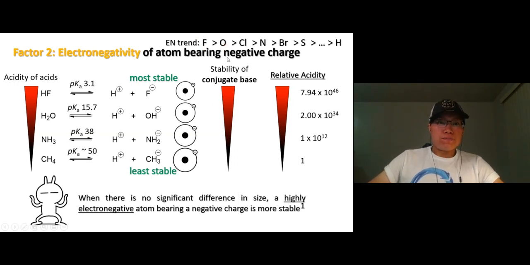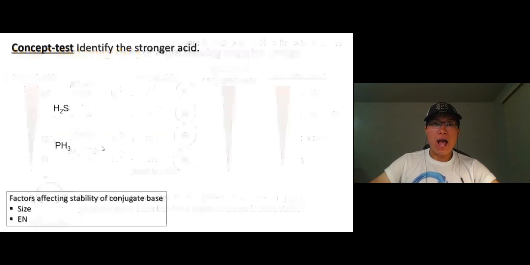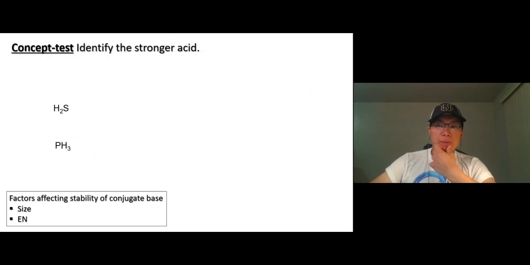If they give you a pKa, if you still remember, methane is 50. That's just an alkane. Ammonia 38, water about 15.7, about 16, and hydrofluoric acid 3.1. Really strong acid compared to the other three. Now let's say, using what I mentioned earlier, who's the stronger acid? We have H2S and